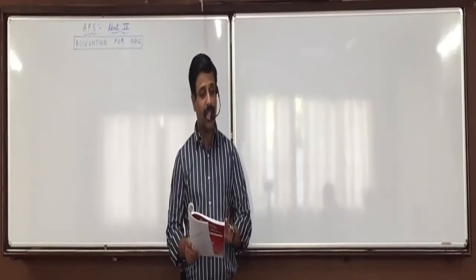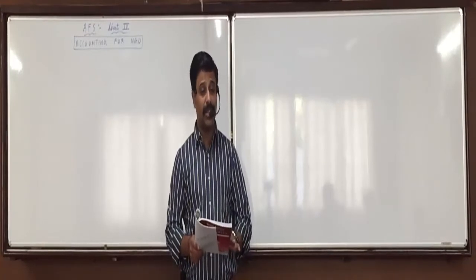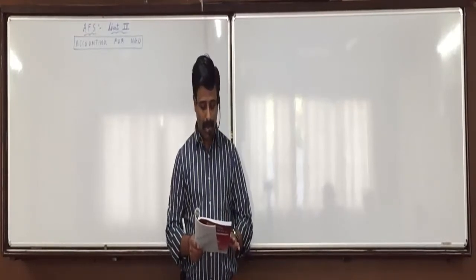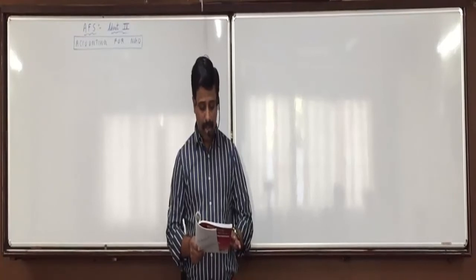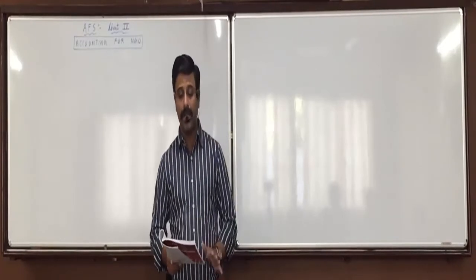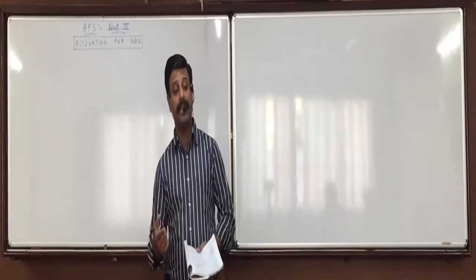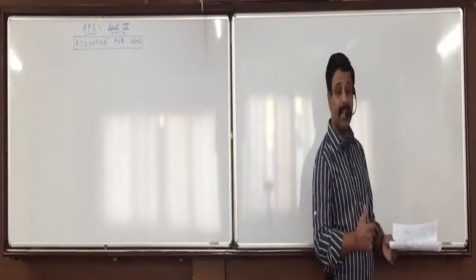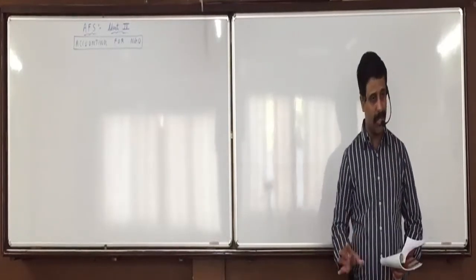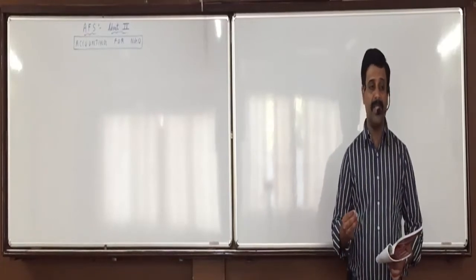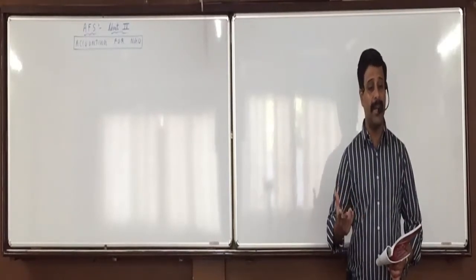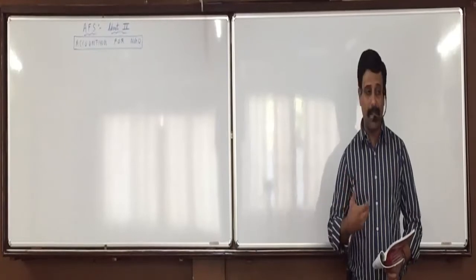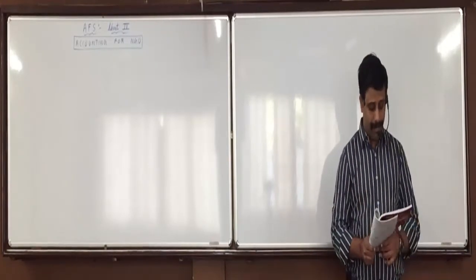Then application of funds. So the heading is also not liabilities. What was the heading on the top? Sources of funds. So the heading also we don't give as liabilities, we give it as sources of funds. Instead of assets, now we give the heading application of funds, but they are assets only. Sources of funds means where you get the funds from, they are your liabilities. Application of funds means where you use the money, that is your asset.